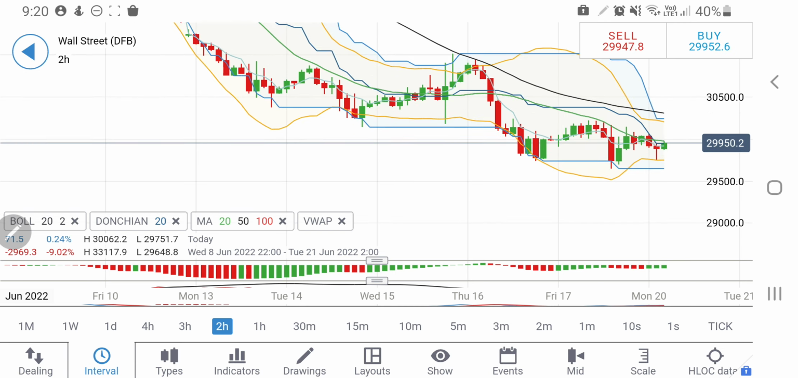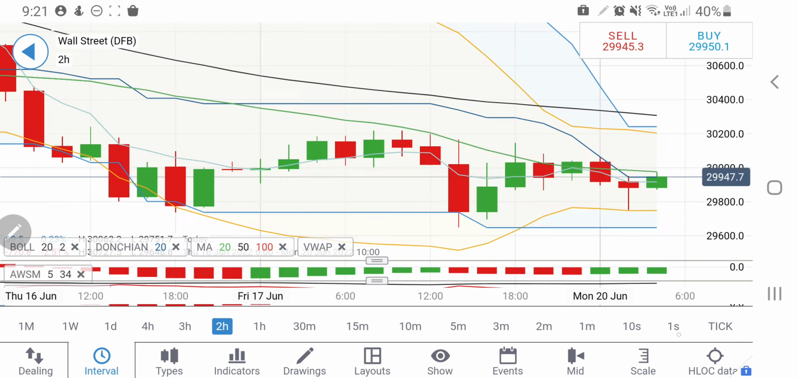On the 2-hour charts, you will find a couple of observations to make. Consistently, you can see there is a resistance at 30,000 levels. Also, if you look at this candle, it shows that the bulls are trying to pull it back on the upside. Once it breaks past 30,050, you can go long for 30,100, 30,200, and then beyond that we can see